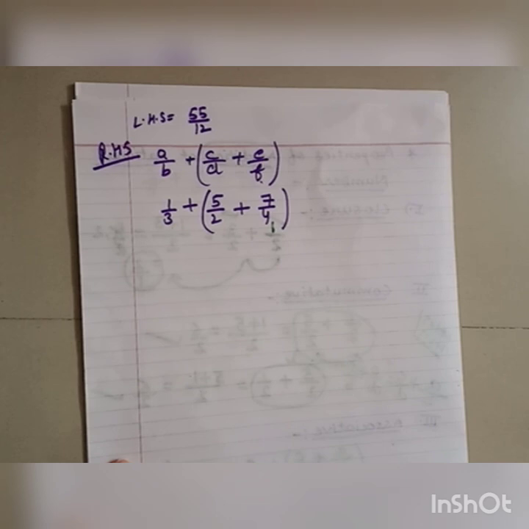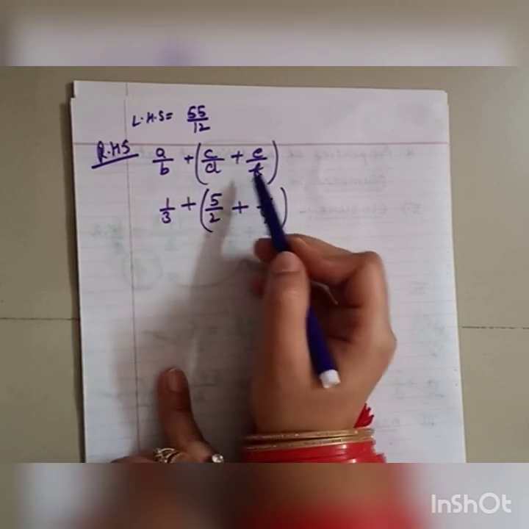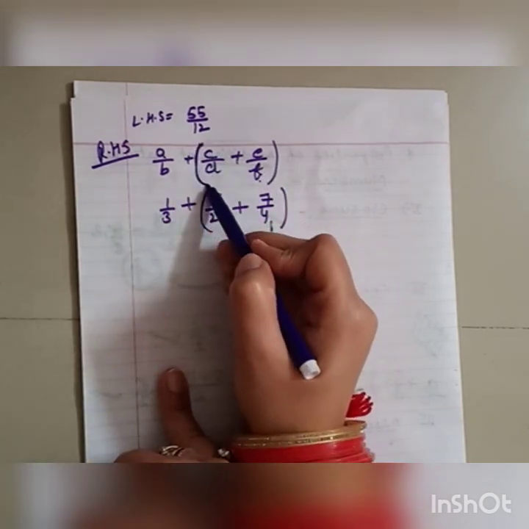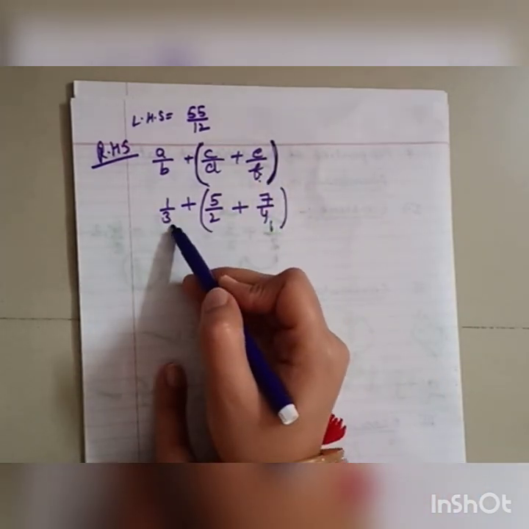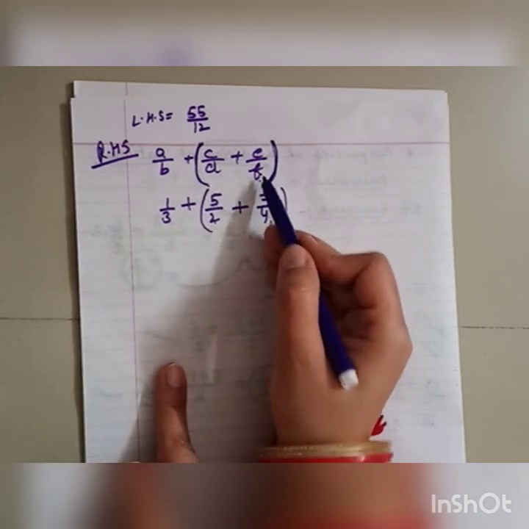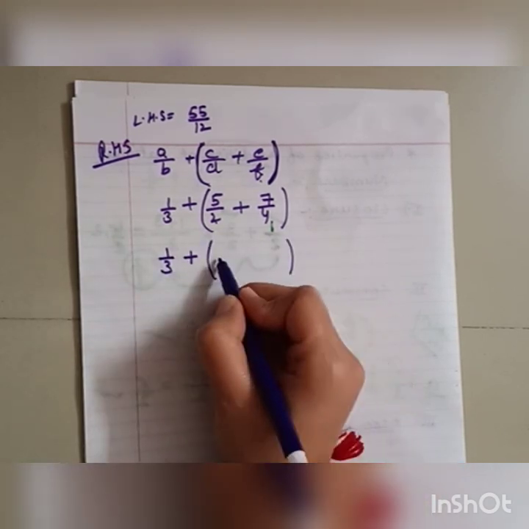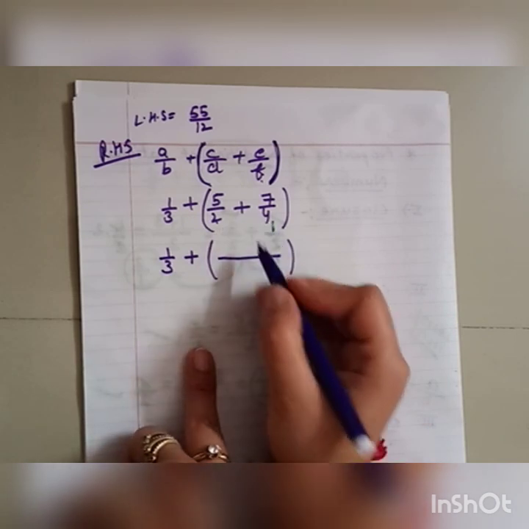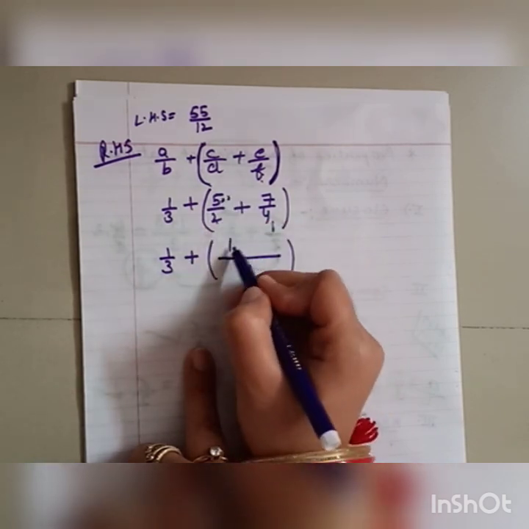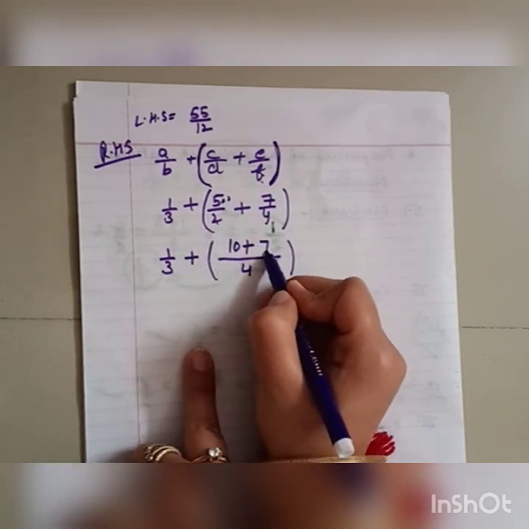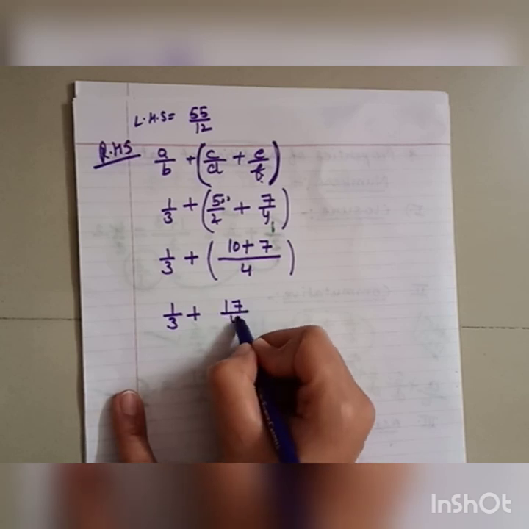Now put these values on the right hand side of the associative property. Just check this. Right hand side: a by b plus, in brackets, c by d plus e by f. Same three rational numbers adding, but grouped, and in this grouping we have to group the last two. Put the value of a by b 1 by 3, plus c by d 5 by 2, plus e by f 7 by 4. First solve these values, 2 and 4. LCM of 2 and 4 is 4. 2 2s are 4 and 5 2s are 10. Multiply this, 4 4 same, then 7 as it is. Now 1 by 3 plus 10 plus 7, 17 by 4.